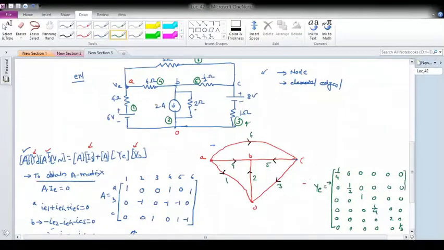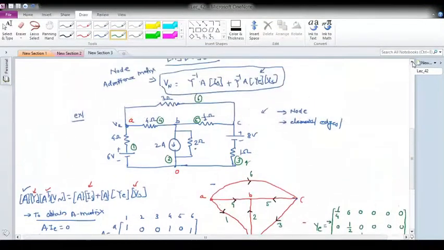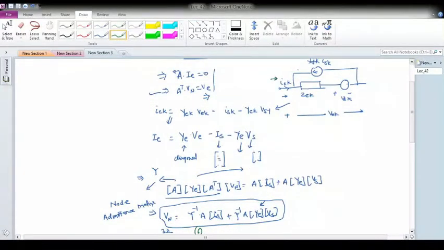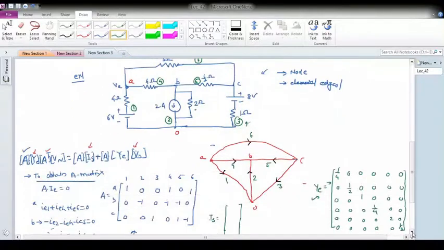Okay, so this is now my Y matrix, which is the admittance matrix. Now let me calculate the source vector IS. Source vector means the current source vector. For the element current, assume this direction; IS has to be opposite, so that we make it positive. Okay, so let us use this convention which we have considered, and let us find out.